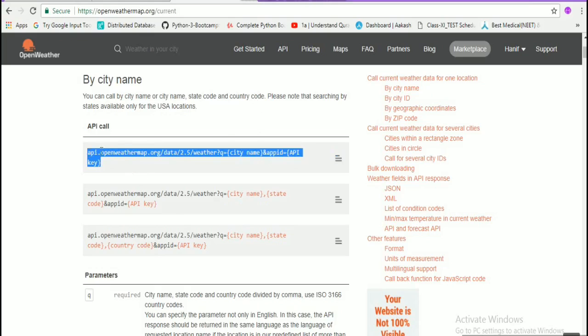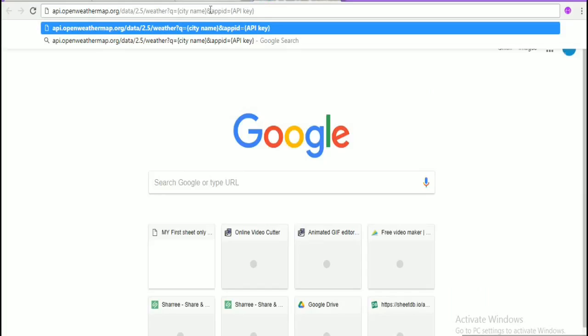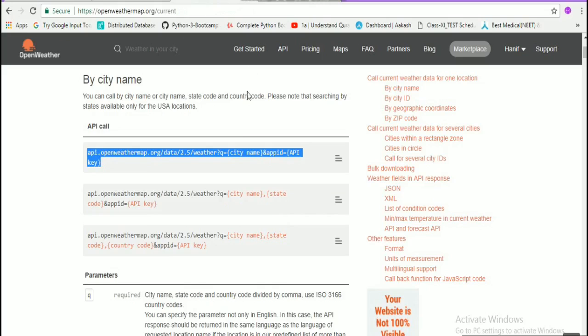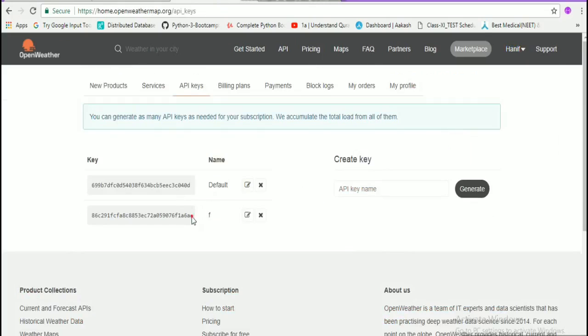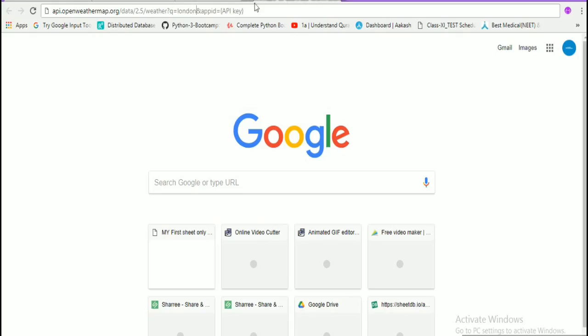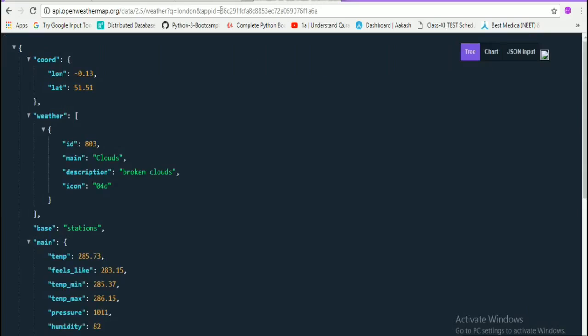So let me just copy it and let's just check it out. So I'm gonna write London over here, London for example, and the API key. I'm just gonna go get my API key. So I'm just gonna copy this and then paste the API key over here, and we're getting a